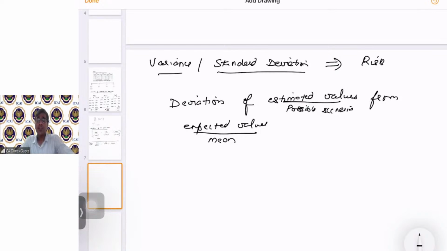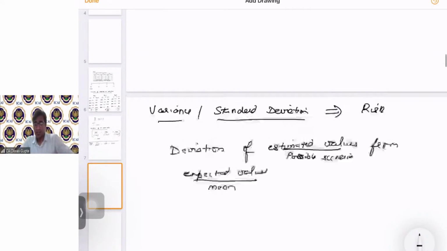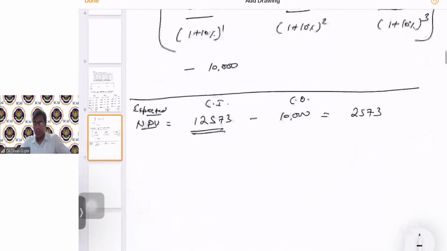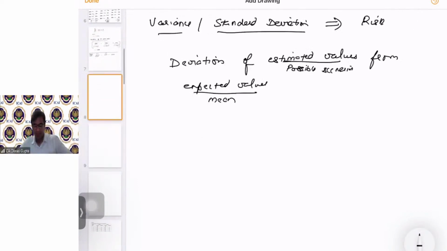Okay, Darshan is asking what we can interpret from this. So simply we can interpret that on a best likely outcome, you will get a positive NPV. Okay, basis whatever data set or fact pattern is given, the best possible outcome is a positive NPV. Hence, you can take your decision accordingly. Okay.